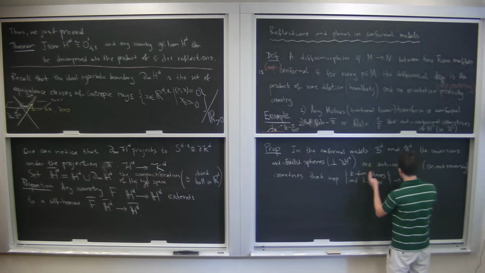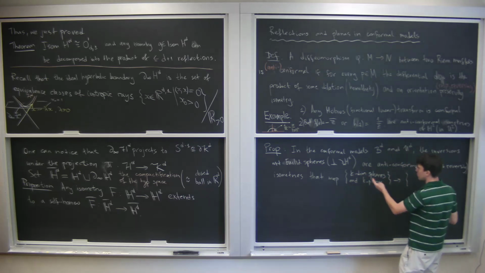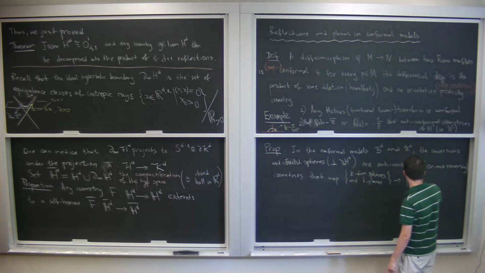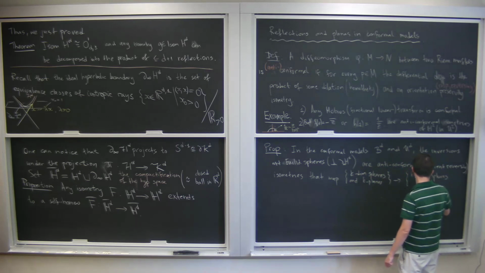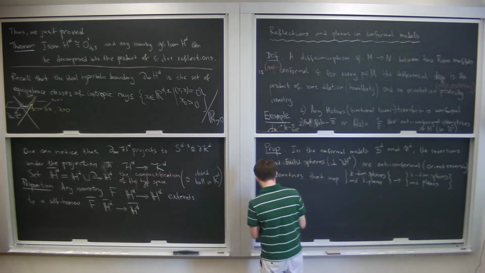But this set goes to this set. It doesn't mean that they go respectively. They can map a sphere to a plane and vice versa, right? K-dimensional spheres and planes. So in particular, this means that